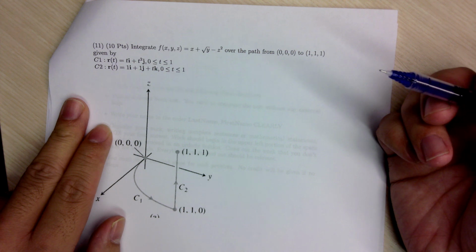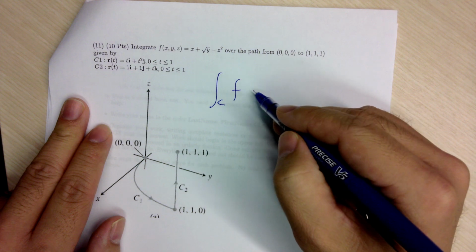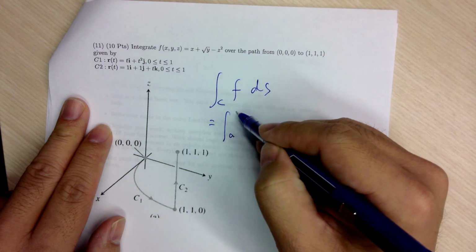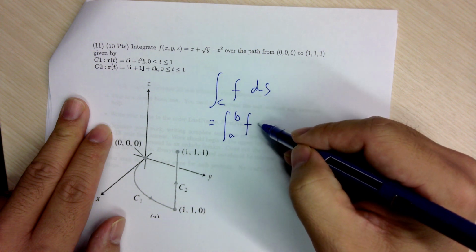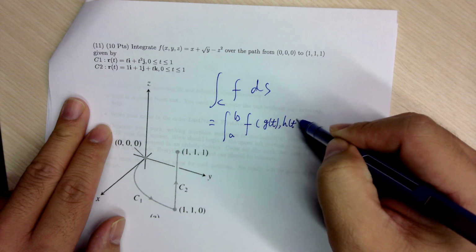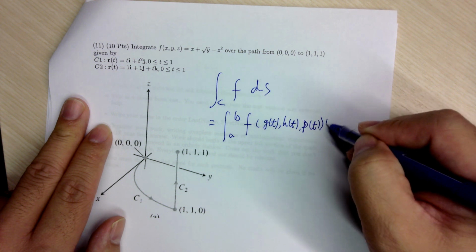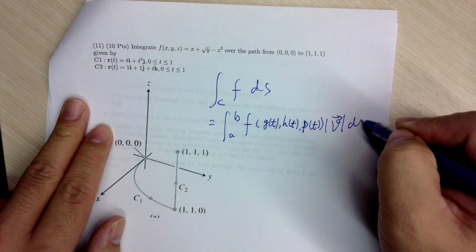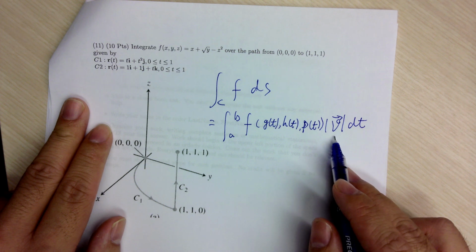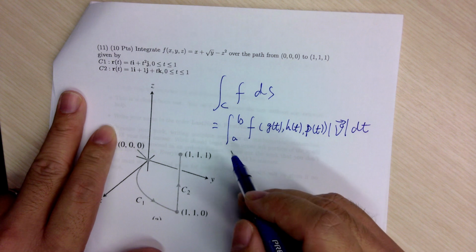So to work on the line integral, the equivalent form here is f of g of t, h of t, maybe p of t, something like that, times the magnitude and then dt, right? So of course, this is corresponding to each of the paths. So for path 1, C1,